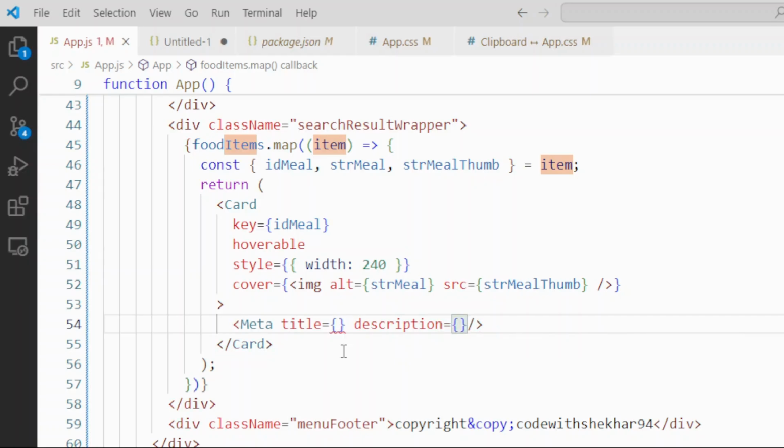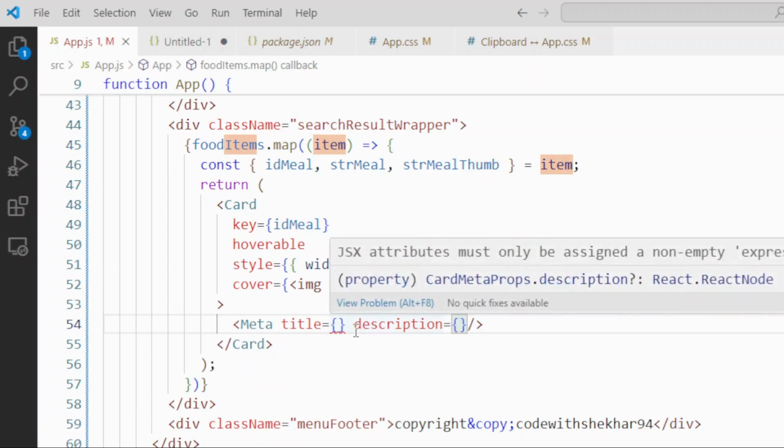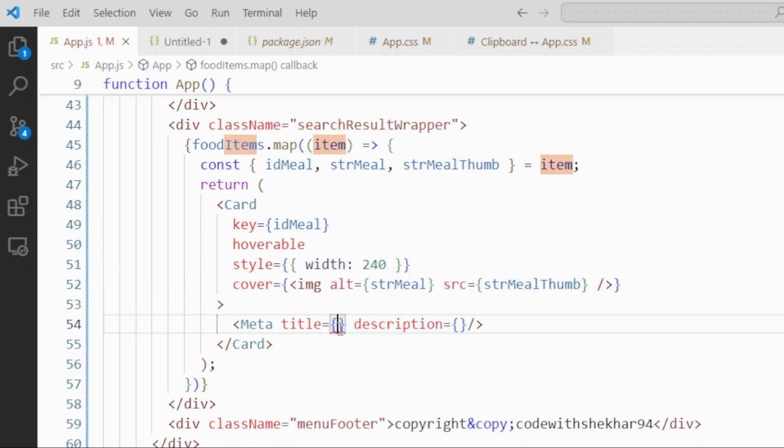Okay, so these are the only two things we want to use, and as part of title we are going to put the str meal itself. So let's put that, and in the description we are going to use some